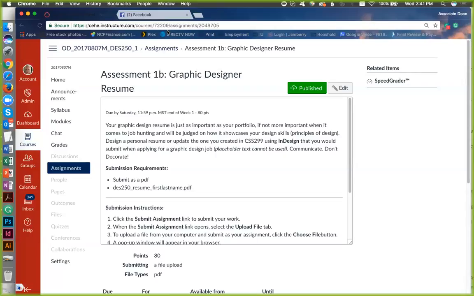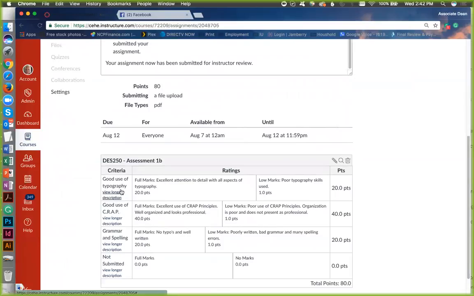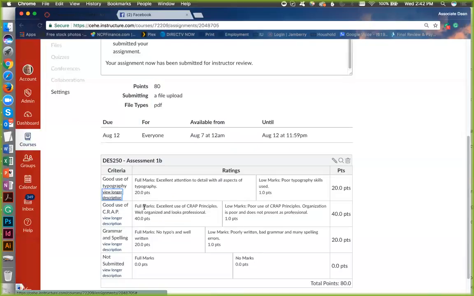So when you are done, you are going to save it as a PDF, and it's going to be DES 250 resume, first and last name PDF, okay? All right, this is worth 80 points. The breakdown on this is going to be the good use of typography. This is going to be where paragraph styles and headings, subheadings, body, kerning, tracking, leading, okay?